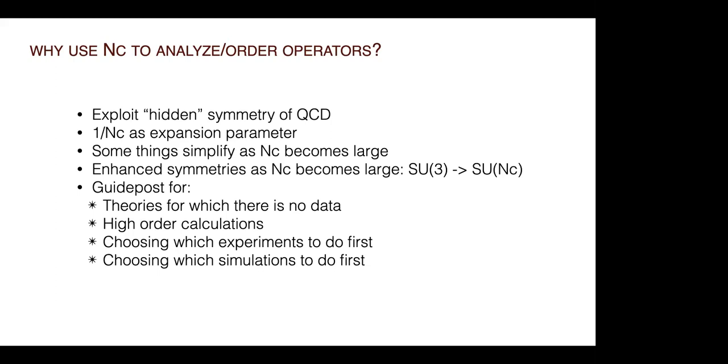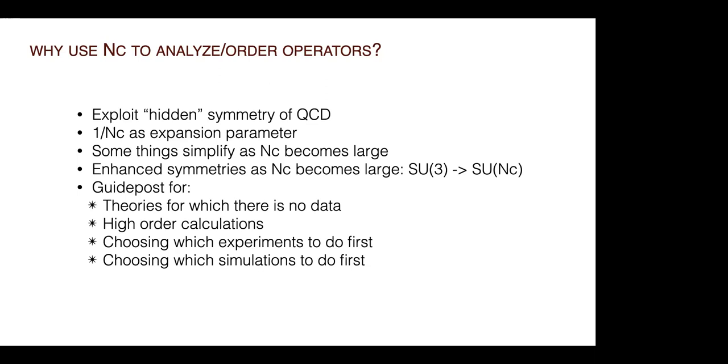And of course, here I'm advocating including the large NC, NC itself as an expansion parameter, 1 over NC as an expansion parameter, and then step from that to many-body simulations to address how it is that we can see QCD